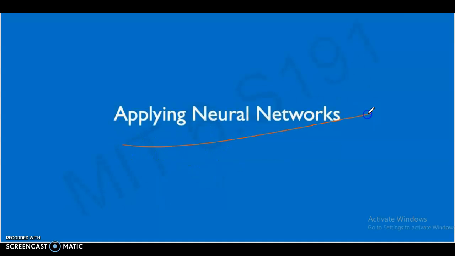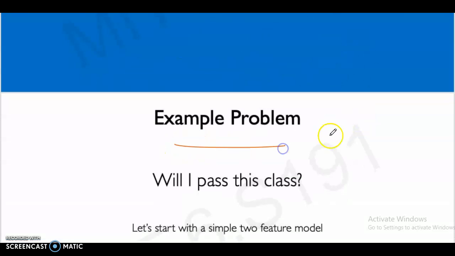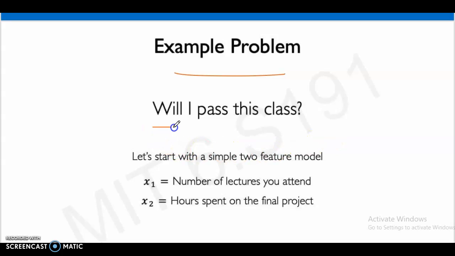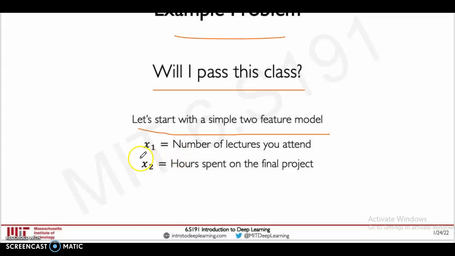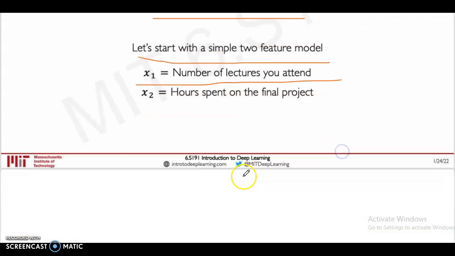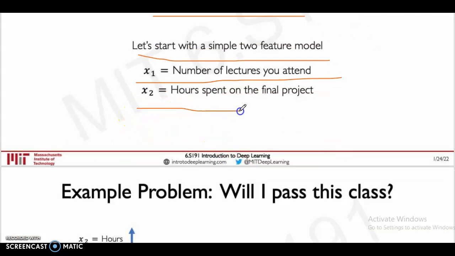Applying neural networks. Example problem: will I pass this class? Let's start with a simple two-feature model. x1 is the number of lectures you attend, and x2 is how many hours you spent on the